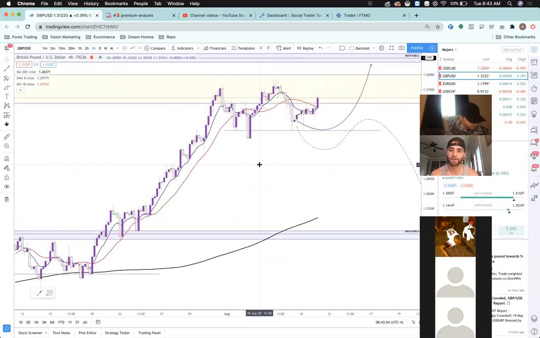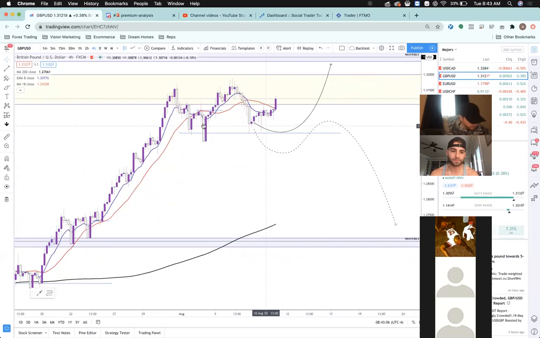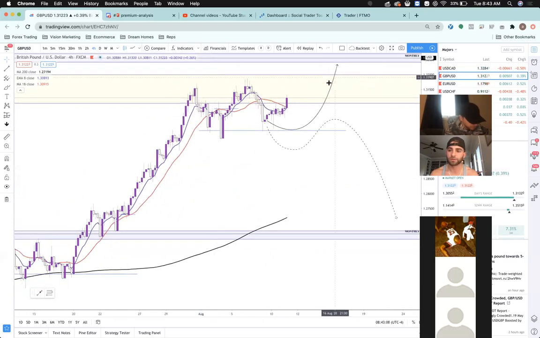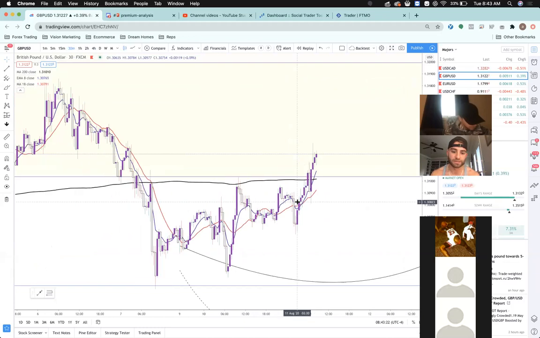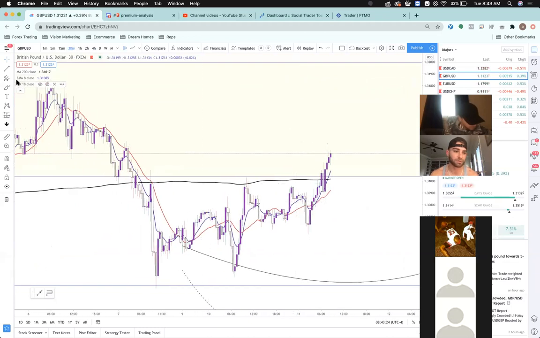As I go down to the 4 hour, this is what we were talking about earlier in the week when I put out the analysis. We were either going to respect this level or we're going to break, retest, get an entry and go short. Right here, as you can see, we're respecting this level. We're starting to go more bullish. And on the lower time frame, this is pretty much what we're seeing. We need to see some sort of pullback now to this level.